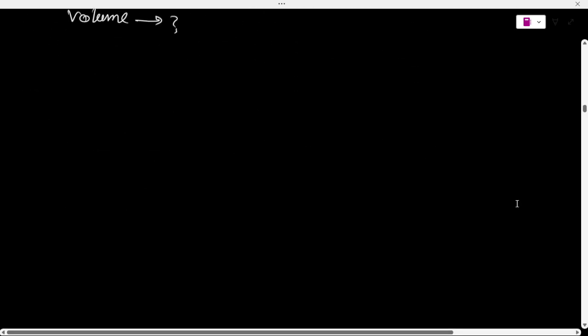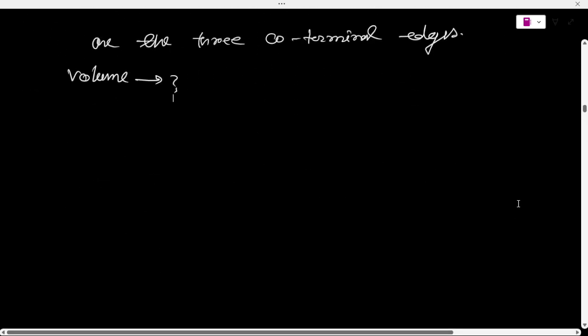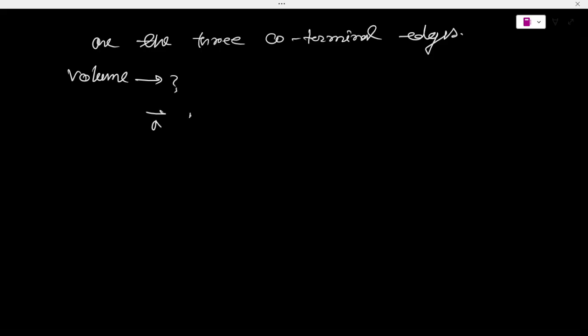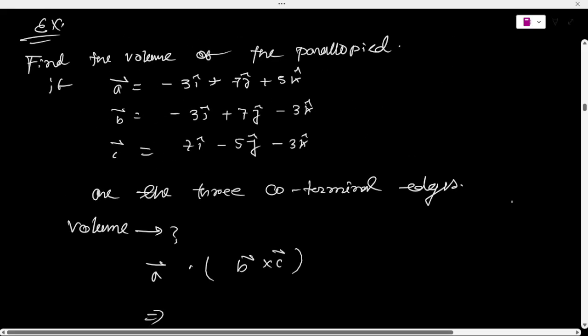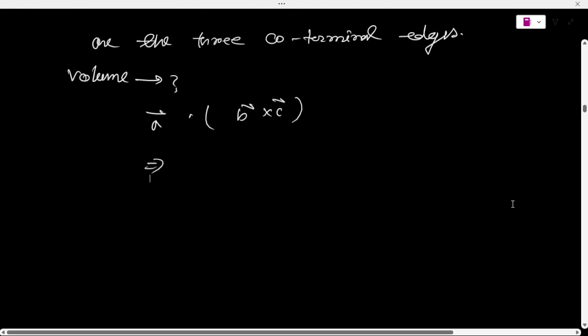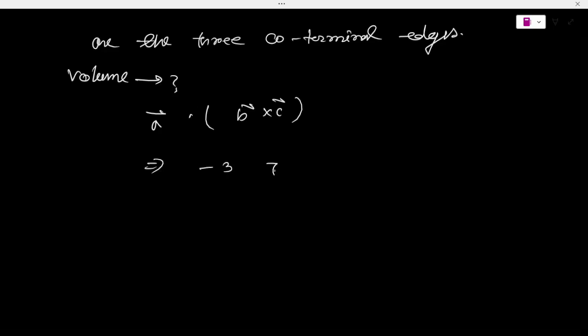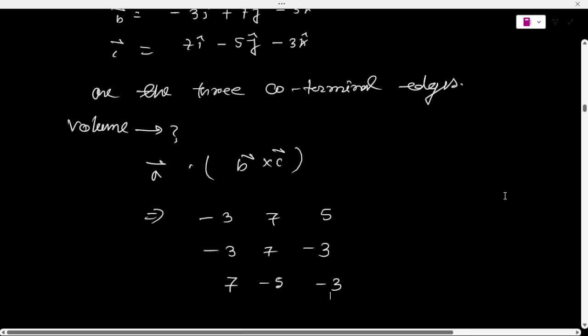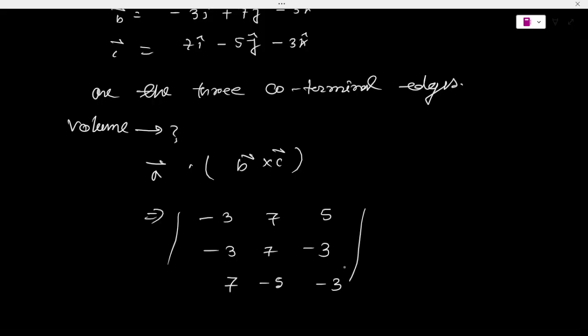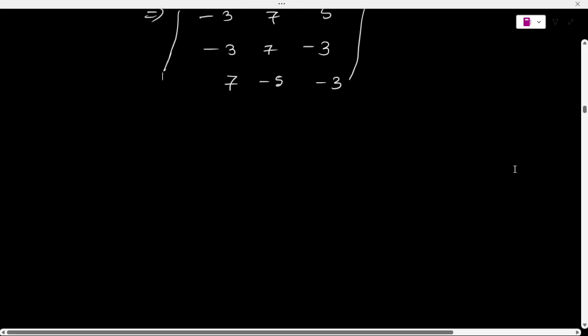So how will you find the volume? Volume is a dot b cross c, so it will be the determinant of minus 3, 7, 5; minus 3, 7, minus 3; 7, minus 5, minus 3. So this will be the ultimate thing, and after that,